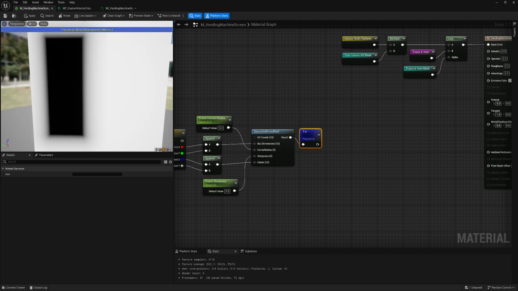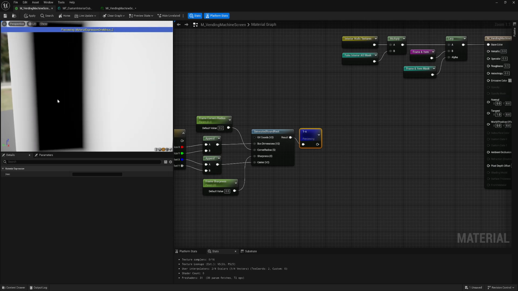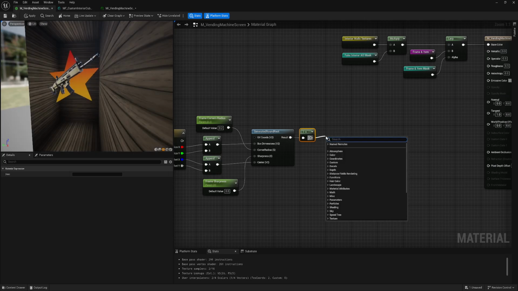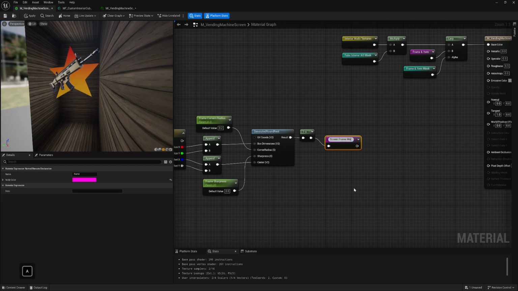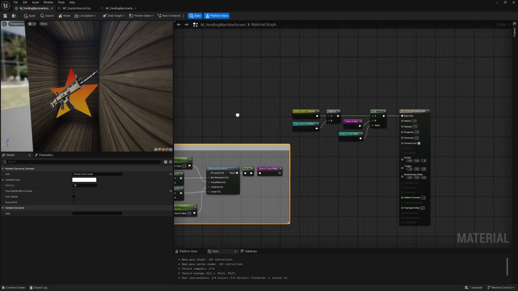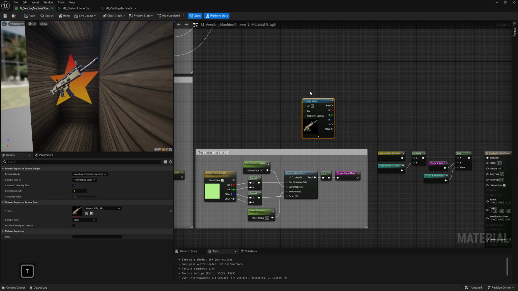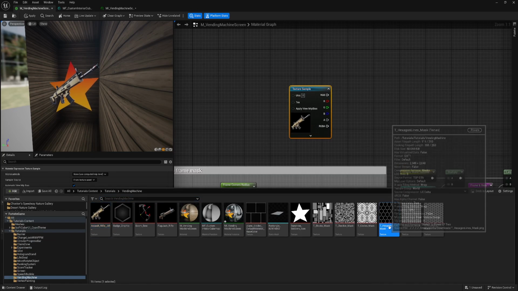Basically, I don't need it to be actually in the center. I want it to be on the edges, because in the center I want to see through. So now I want a texture, to apply an interesting pattern on the edges and at the same time add color to this pattern. So first let's start with a texture. So this one.